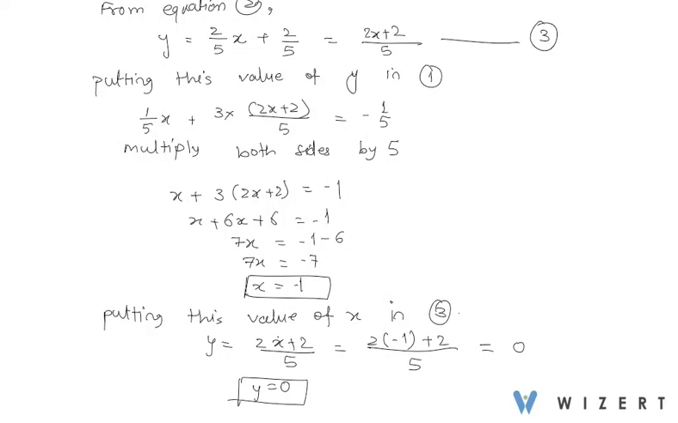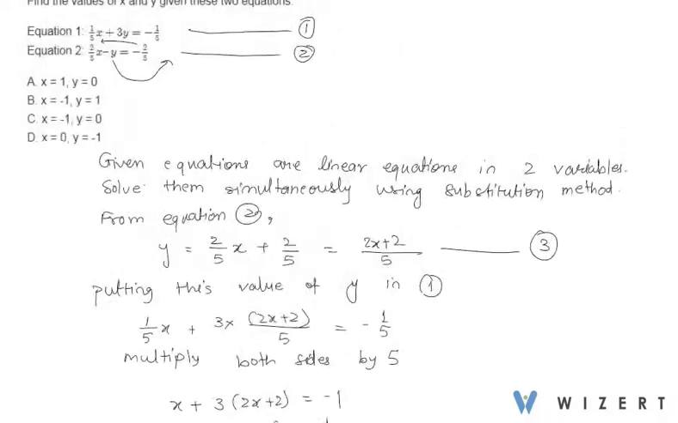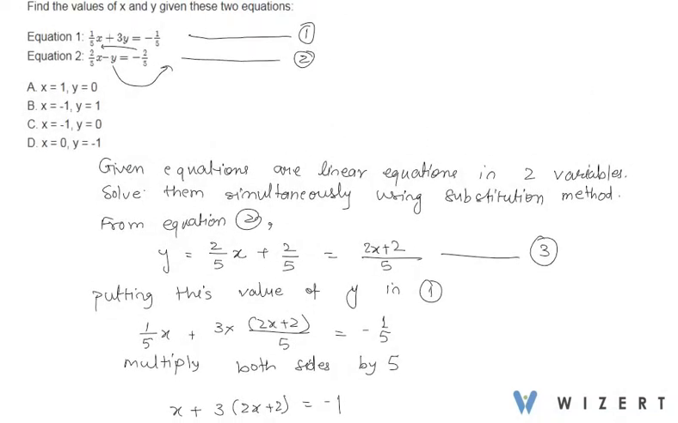Let's look at the options. x equal to minus 1 and y equal to 0 is our answer. Let's look at the options. x equal to minus 1, y equal to 0. Answer is option